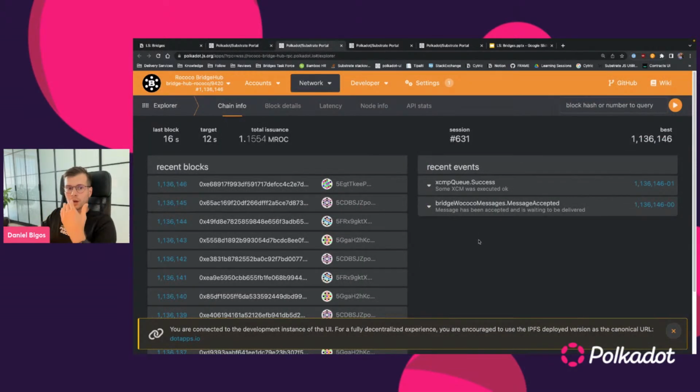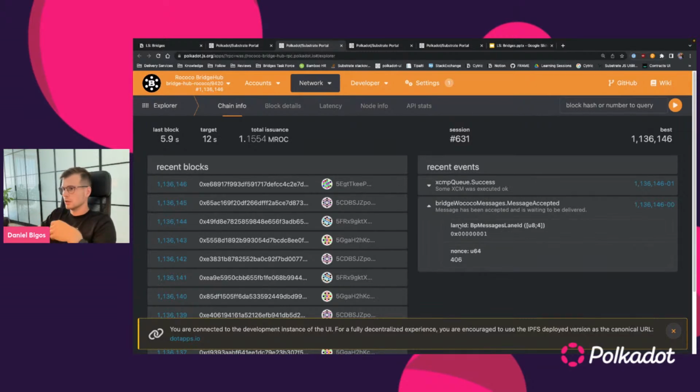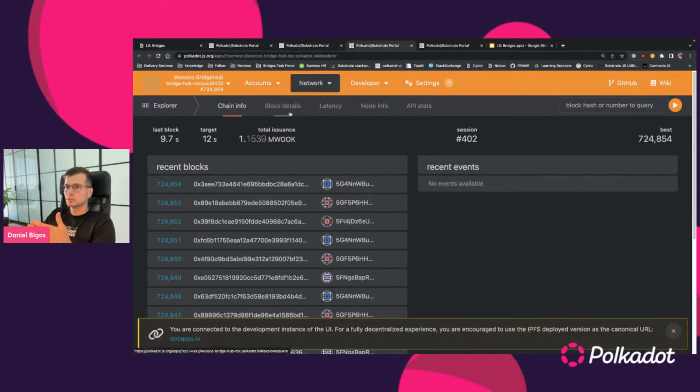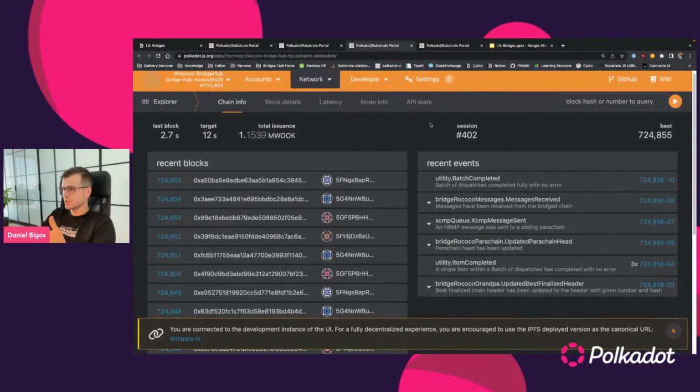Now, on the Rococo bridge hub, on the source bridge hub, we can see that message was accepted, and that message is going to be sent over the lane. So it means that the message sent from Rococo asset hub to the bridge hub is put to the outbound message lane and waits to be relayed to the destination bridge hub. Okay, the message gets relayed